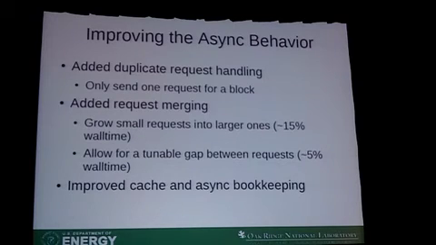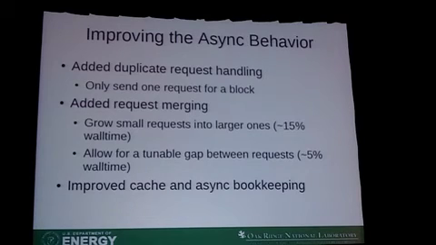We started growing things into larger and larger requests, and that by itself gave me a 15% wall time improvement on my runs. I also found that, hey, these systems, I'm running with 80 drives in a RAID pair. Maybe I can hand them one larger request, and if I throw away 24, 64K of that request because it was a gap and I don't need that data, well, I don't actually care. I can read extra data. The IOPS is one of my big limitations, not so much the bandwidth. So that ended up giving another 5%. It's a tunable because it's going to depend on your hardware.